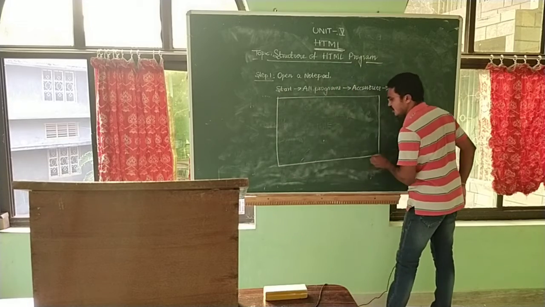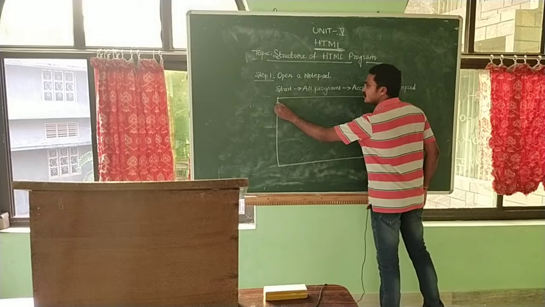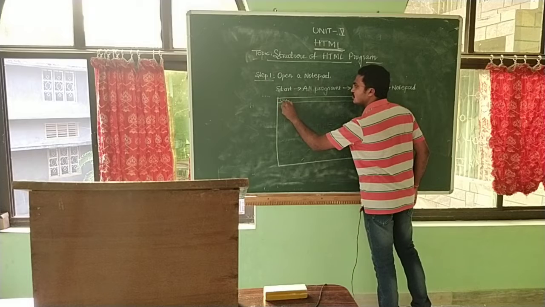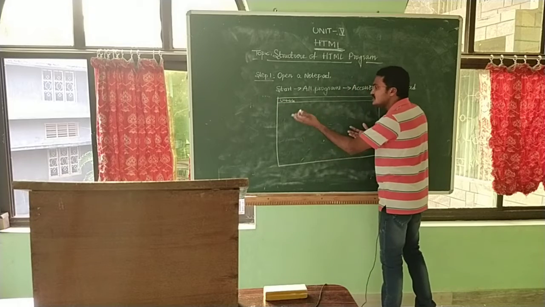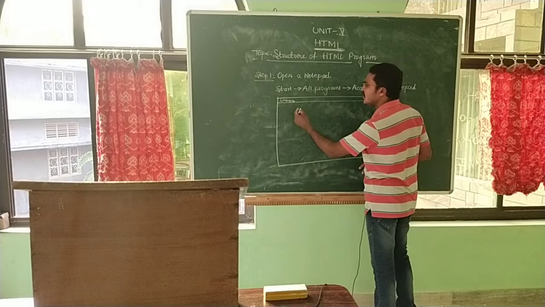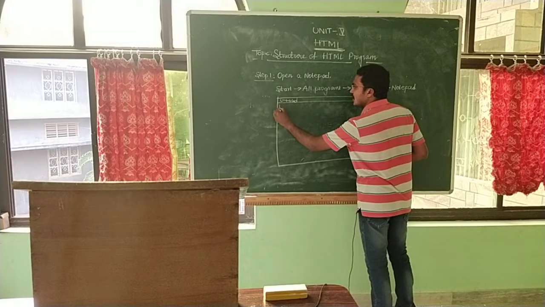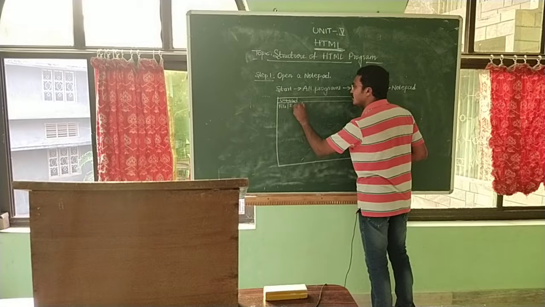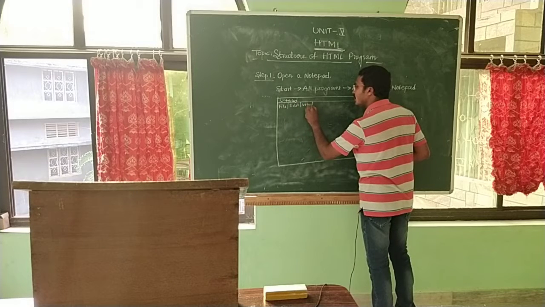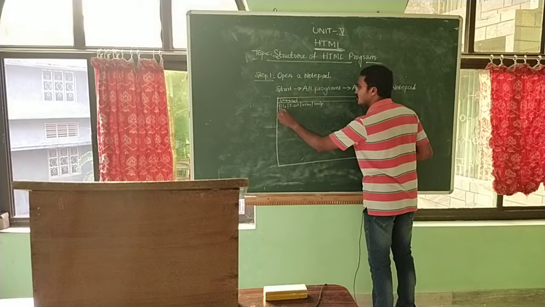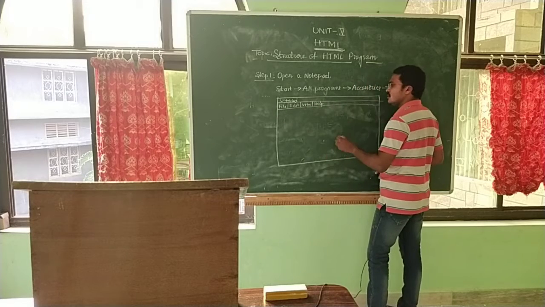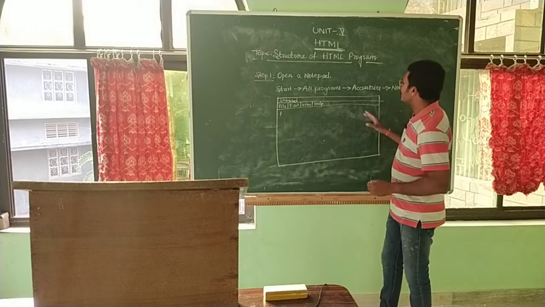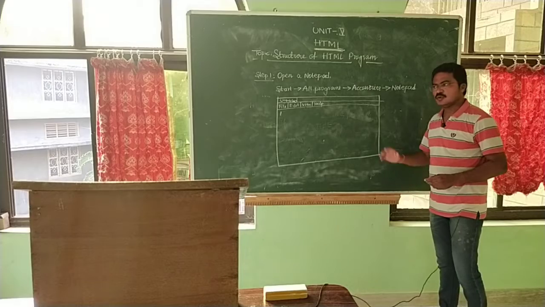This is the notepad screen. This is the title bar. This time it shows untitled because you didn't save this file. If you save the file, the name will change. Below it is the menu bar: file menu, edit menu, view menu, help menu. There are different options present in each, and this is the content area. If you type anything in this place, this is the opening notepad. Do you understand, all of you?